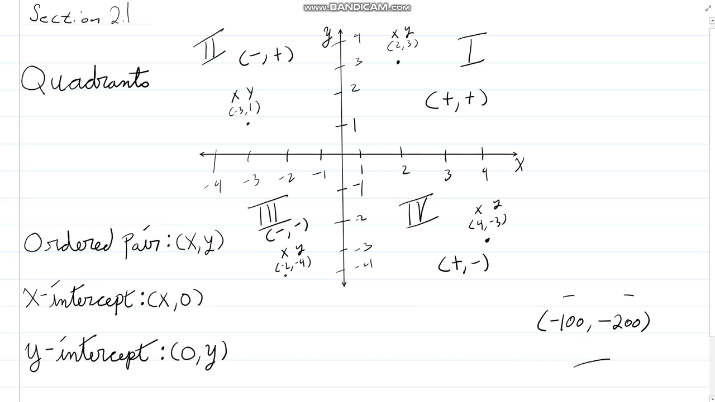Okay, so hopefully that helps you. Now, where is this going to mess up? How about I have the point (0, 2)? Okay, well, 0 isn't really positive, and 2 definitely is positive. So where is this? Well, I'm at 0 for the x, and I'm at 2 for the y, so that's